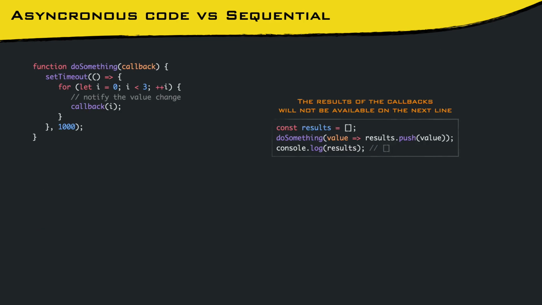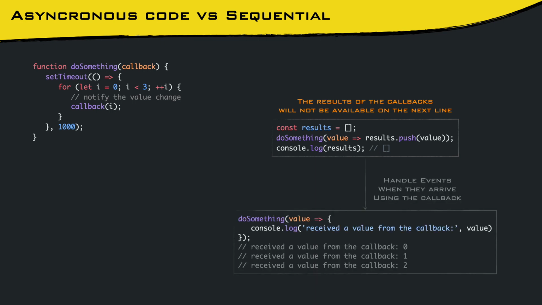Another common mistake I see is being misled by the sequential execution of the code. If you call a function and pass a callback, that callback may be executed sometime in the future. The common examples are setTimeout or HTTP requests using fetch or similar. The code keeps going, so you can't expect that the result produced by the callback is already available in the next line. Instead, you should use the callback to react to the events that you'll receive.